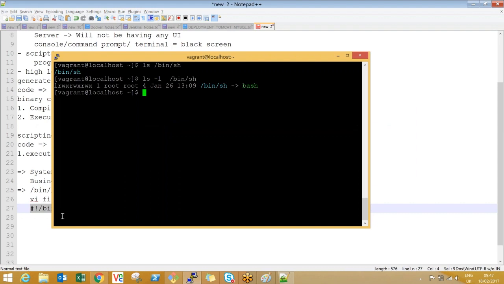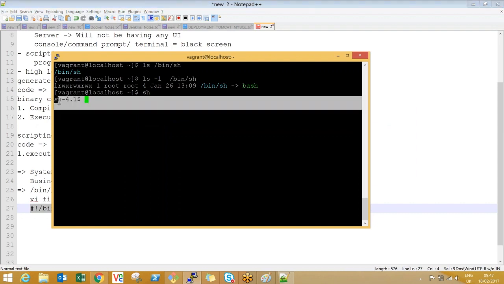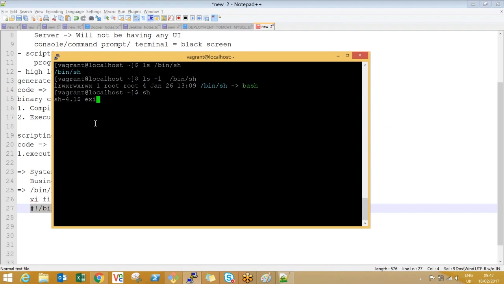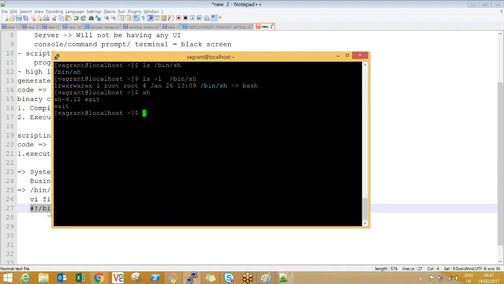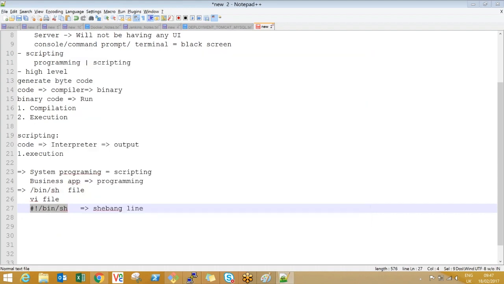If you don't provide this, it will by default take your default shell, whatever is configured in your operating system. See, if I try to run sh, it executes. Can you see it is entering into the shell? Did you see this shell? Okay, so the shell is the interpreter actually, right? So the default shell is available here, which is /bin/sh, okay. So I need not provide any kind of shebang line if the default shell is available. Okay, or if I'm using some other shell, then I need to provide this. Okay,